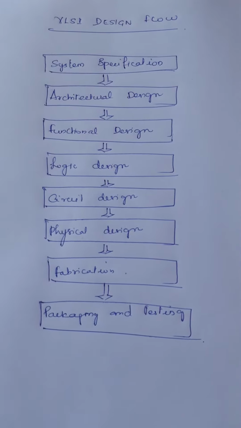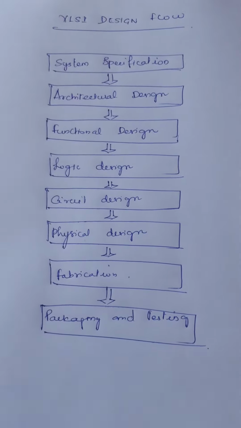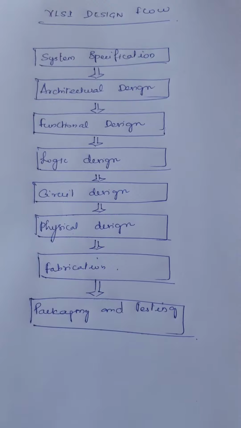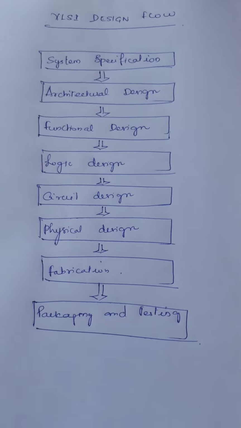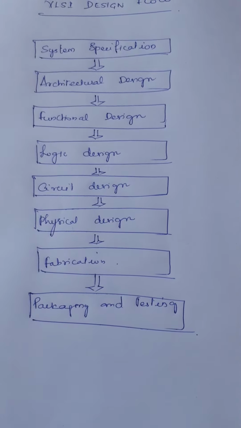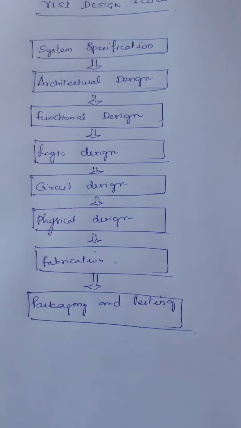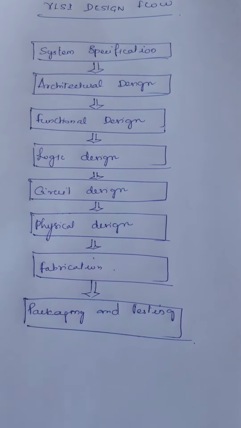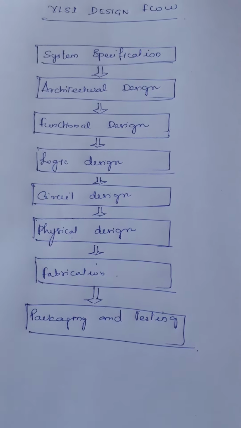Very good afternoon, students. Today we are going to see about the VLSI design flow. So this is a typical structure of the VLSI design flow. The VLSI design cycle starts with your formal specification of a VLSI chip, follows a series of steps, and eventually produces a packaged chip. A typical design cycle may be represented by the flow chart shown in the figure. So this is the flow chart of VLSI design flow.